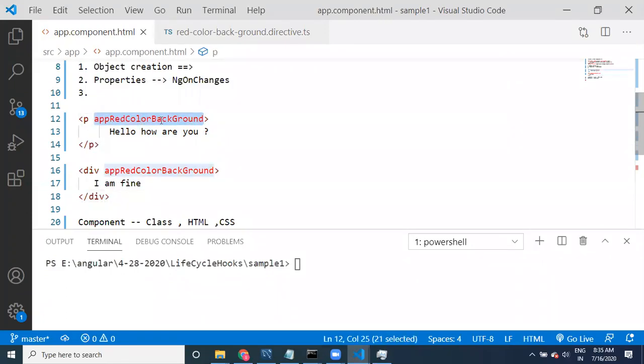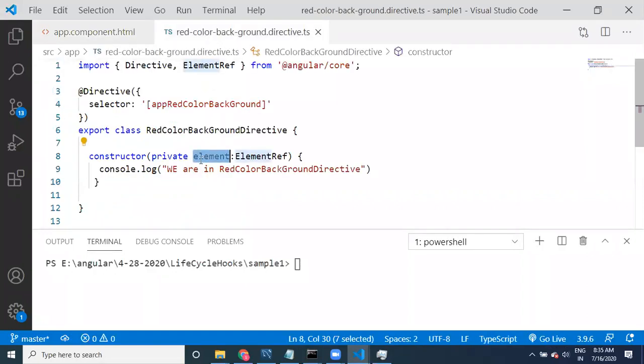When it is creating the instance for p, this p reference is going to be provided to the private constructor. When it is creating the instance for this div, then the div reference is going to be provided. So two instances will be created because we are using this directive two times.